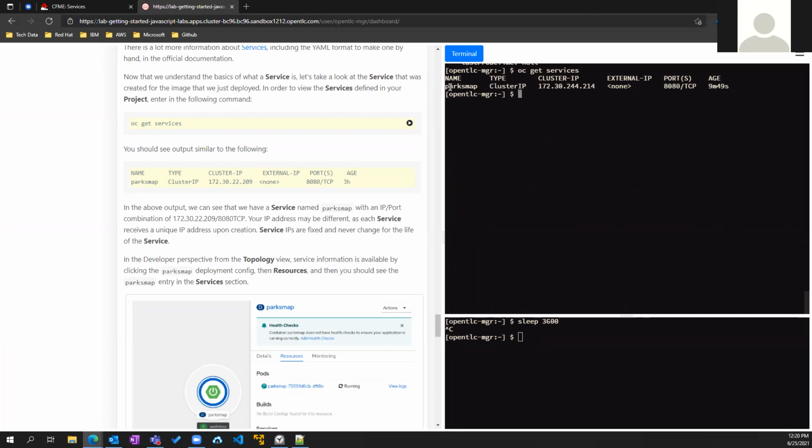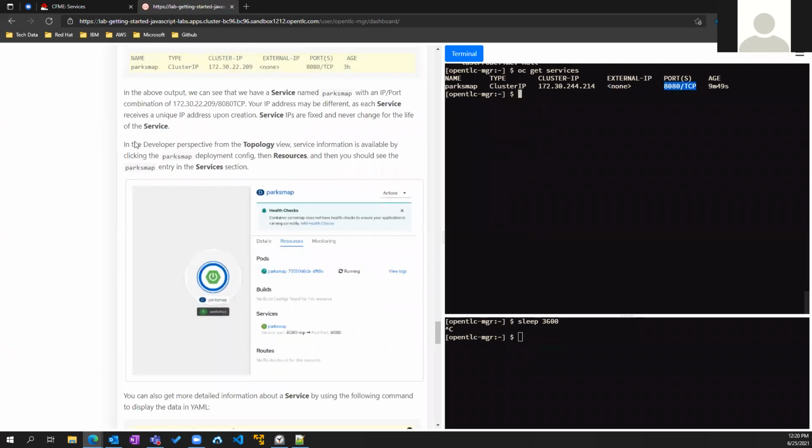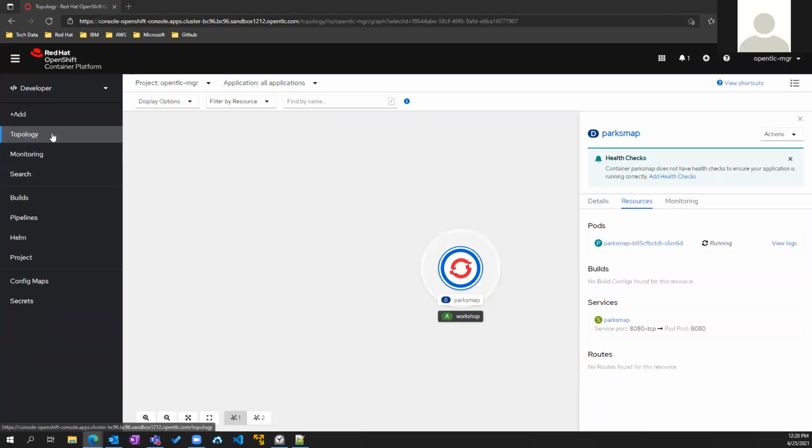Here we've got the service that's running, its IP address, and notice we don't have an external IP, and that's because we unchecked that first box when we were creating it, and what ports we're listening on. So if we go back over to here, under the developer perspective,